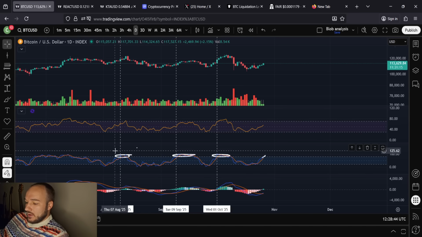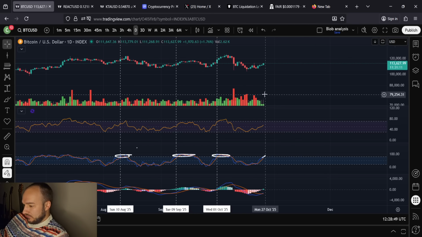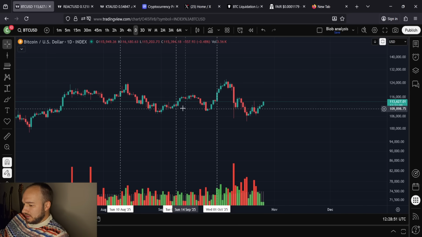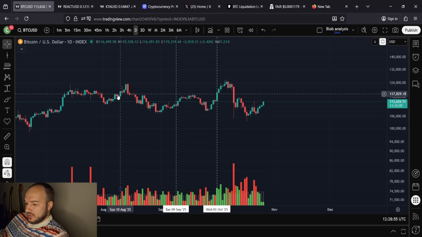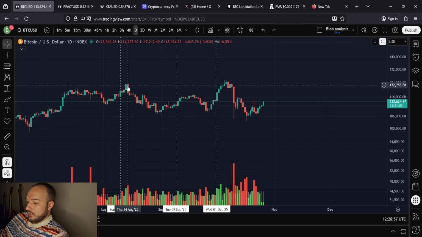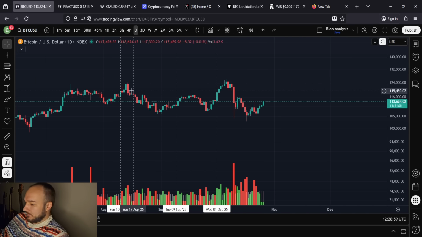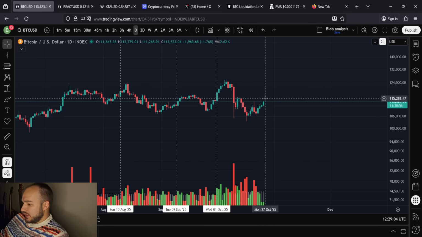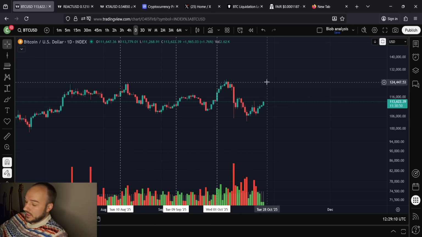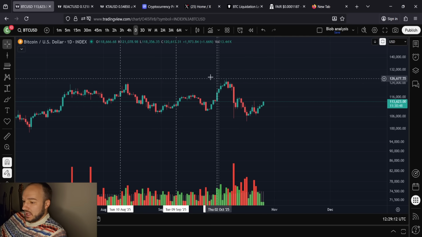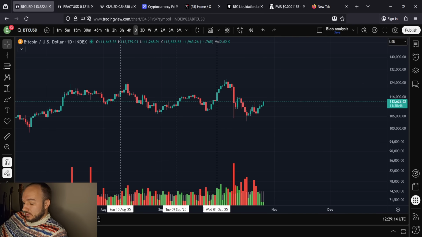But even then, we got in and we got out, and then we got in, we got out. It still provided growth afterwards. So I would assume that here we had a few days of growth. Here you had about 5 days of growth, and here you had about 4 days of growth before, well, three and a little bit of growth, and then you drop down. I would think that between now and the end of the month, which is about 5 days, we're going to have some growth. And probably the last day or two might be a little bit of decay as well. So that's really good stuff, you guys.